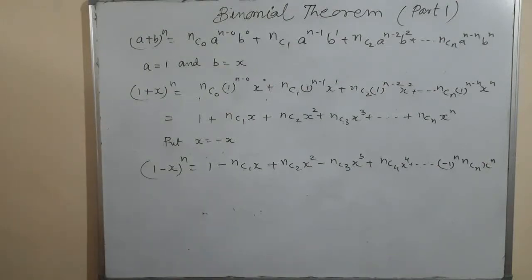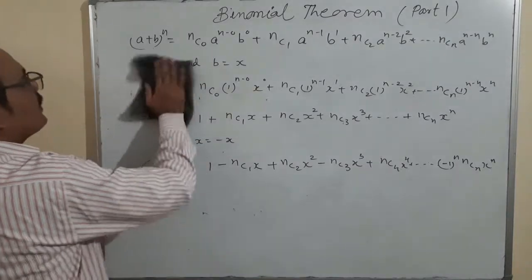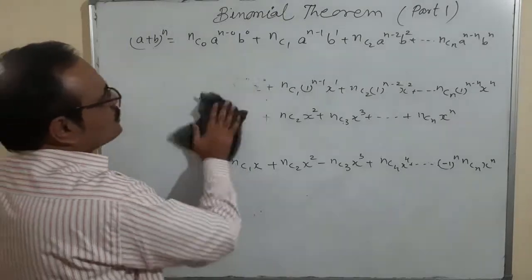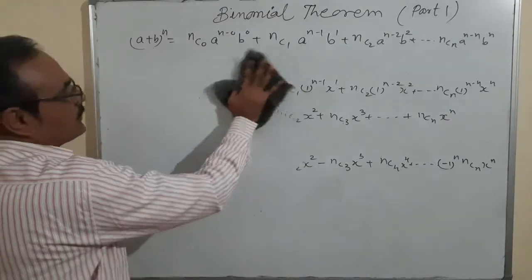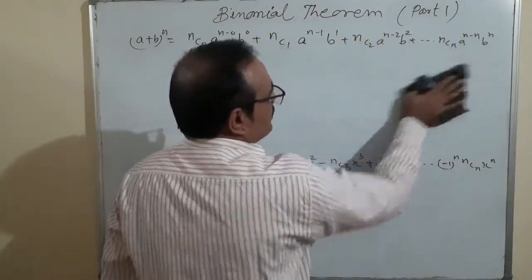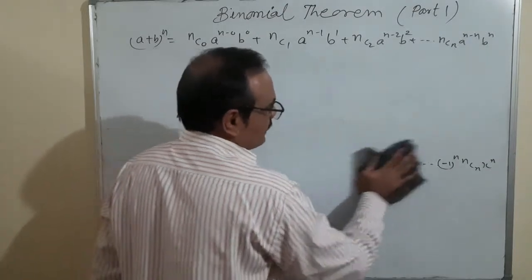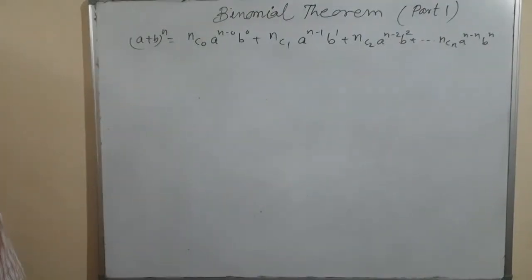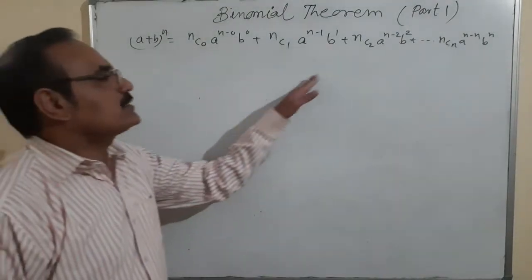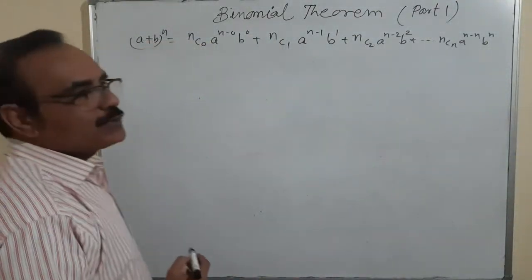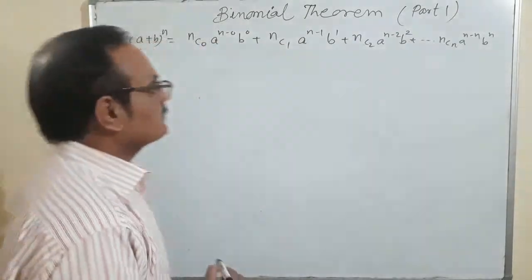After that, we want to prove that the first expansion is true for all natural numbers. By the way, in sequence, one by one, we have got many equations: (a + b) squared, (a + b) cubed, (a + b)^n, and we have got this result. So it is true, but we are going to prove that this result is true for all natural numbers. Okay, so for proving it, we have to use the principle of mathematical induction.